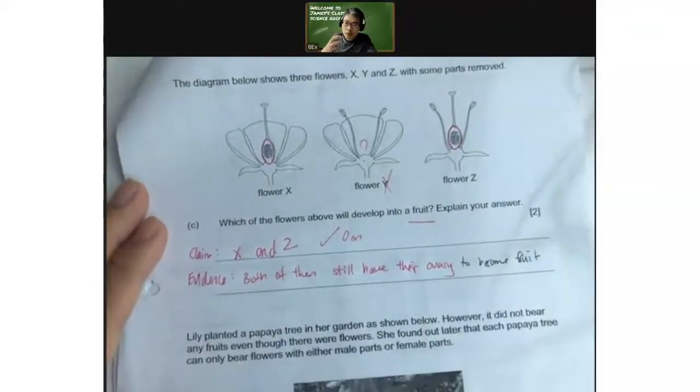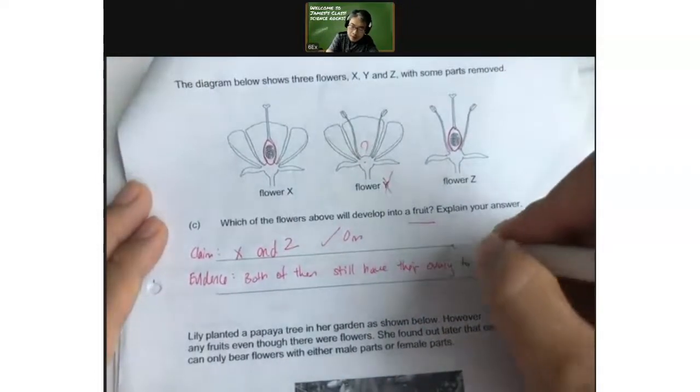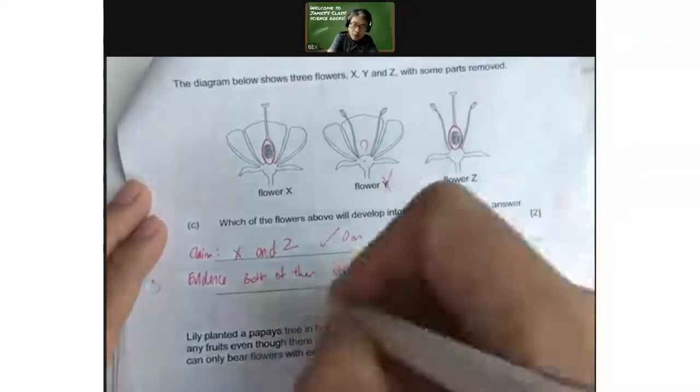But for the ovary to become a fruit, there must be fertilization. And for fertilization to happen, there must be the stigma and the style. So both of us say the ovary becomes the fruit. I talk about the parts they have, I talk about the function of it. So what's the purpose of the ovary? It is to become the fruit. They say the ovary to become fruit,